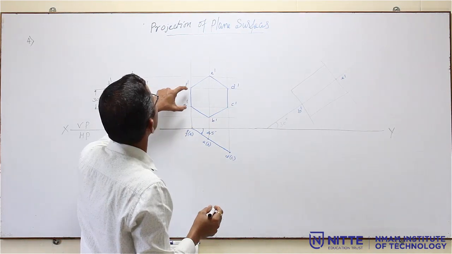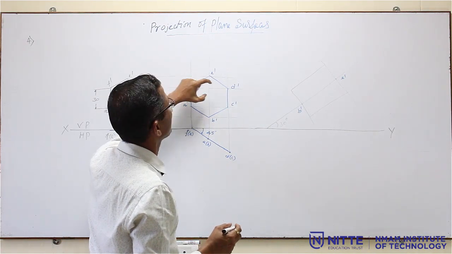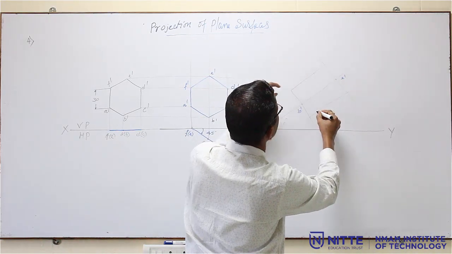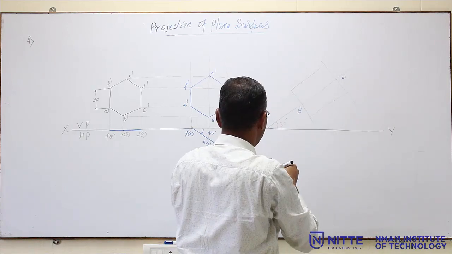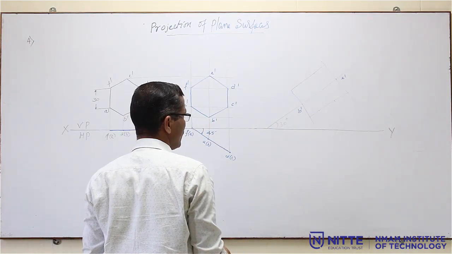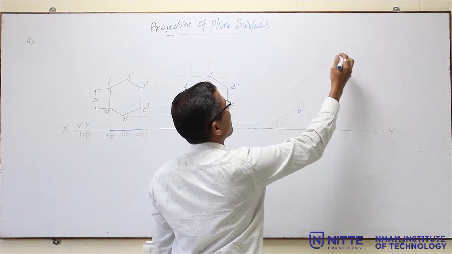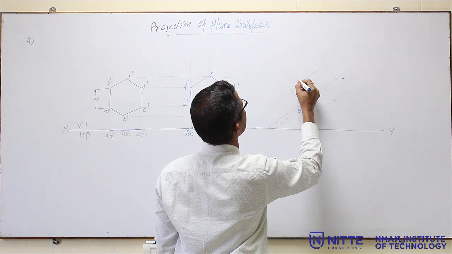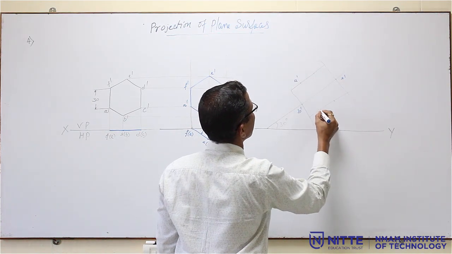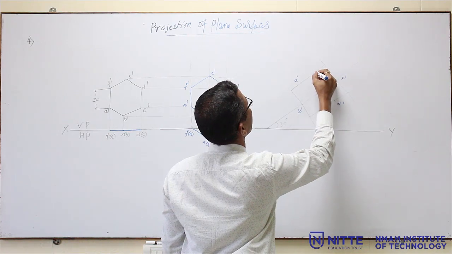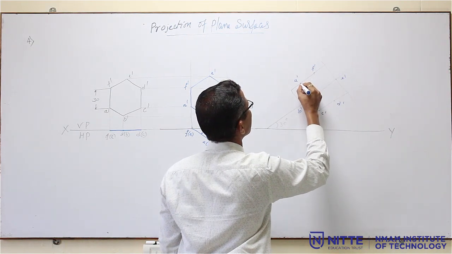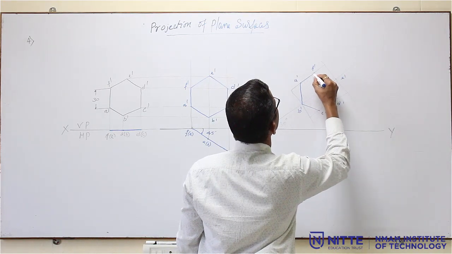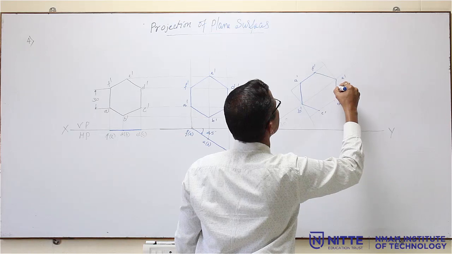Now, on this box you have to mark these points. From here how much distance, from the other side how much distance, like this you can mark the points. So, we will get all the 6 points. Now, this box what you have marked should be very light, visible only to you, do not make it very dark. So, this becomes A dash, B dash and F dash. So, the same figure has been copied. Like this.